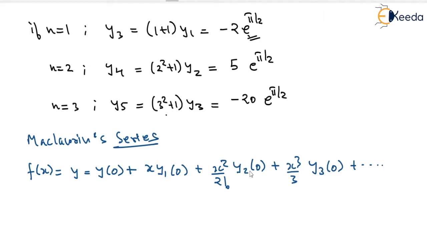So y of 0 we have already found is e to the power of pi by 2, and y1 is minus e to the power of pi by 2. So we are putting the values we have already found. Y of 0 is e to the power of pi by 2 plus x times minus e to the power of pi by 2